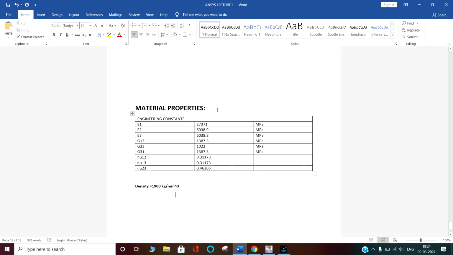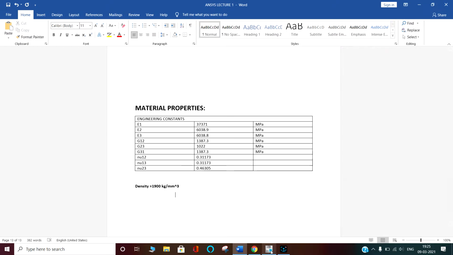Today we are going to learn how we will input the material properties into ANSYS. So here are the engineering constants, or the material properties, for the orthotropic material for a glass fiber with polyurethane. It is arbitrary, not exactly the same. I have calculated this from a micromechanics representative volume element, which you will learn in my future lectures. So we are going to put in these material properties.